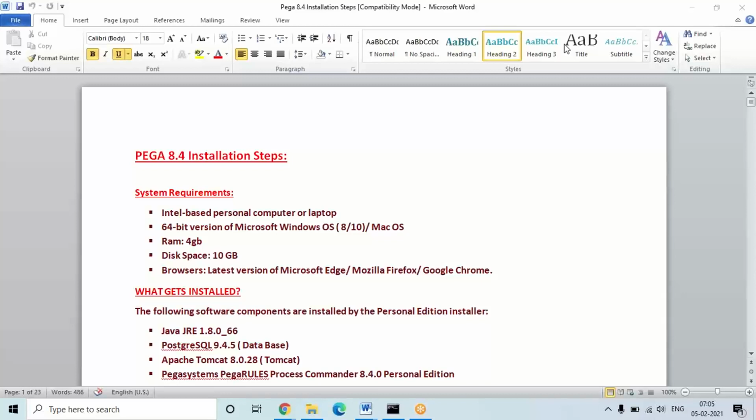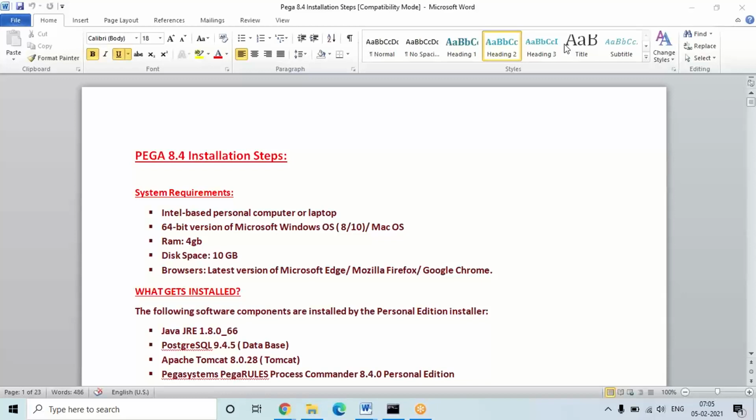Suppose Pega Systems gives the license, and accordingly they can select the database and server. But in personal edition, you don't have a choice to choose the database and server. You'll be getting a default database and default server, and you have to use that option.